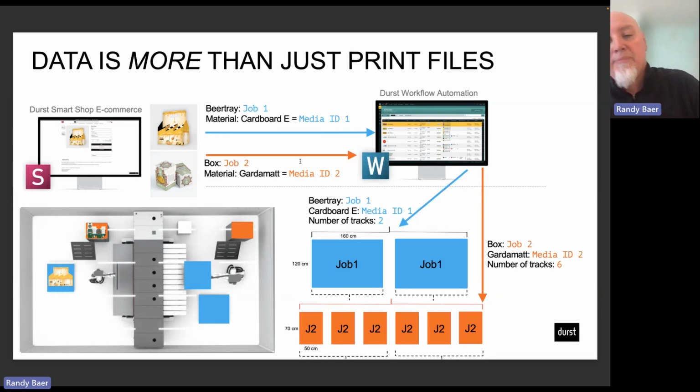Again, you're getting as minimal manual interaction as possible, just to save clicks, to save time. So here we had this cardboard job was going to be going on a 2-track system. Right here it is. The Gardamat was going to be on a 6-track system, so we see that as well.